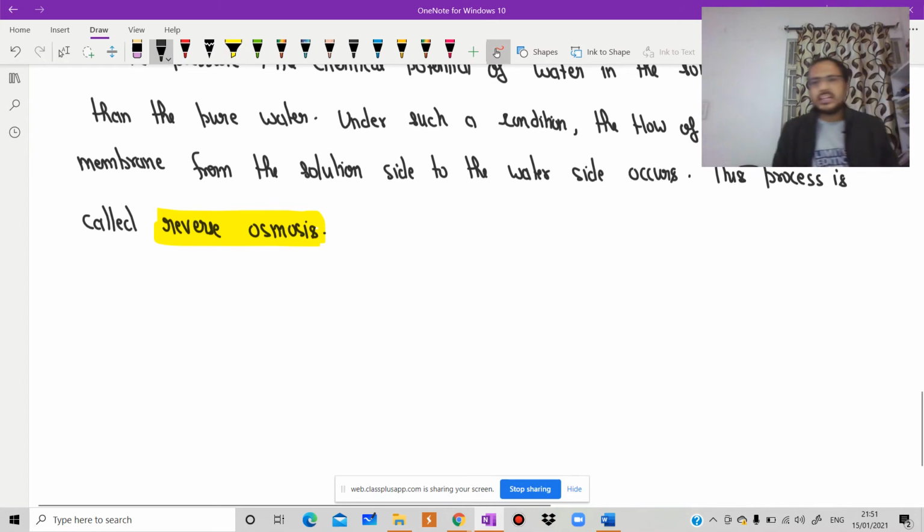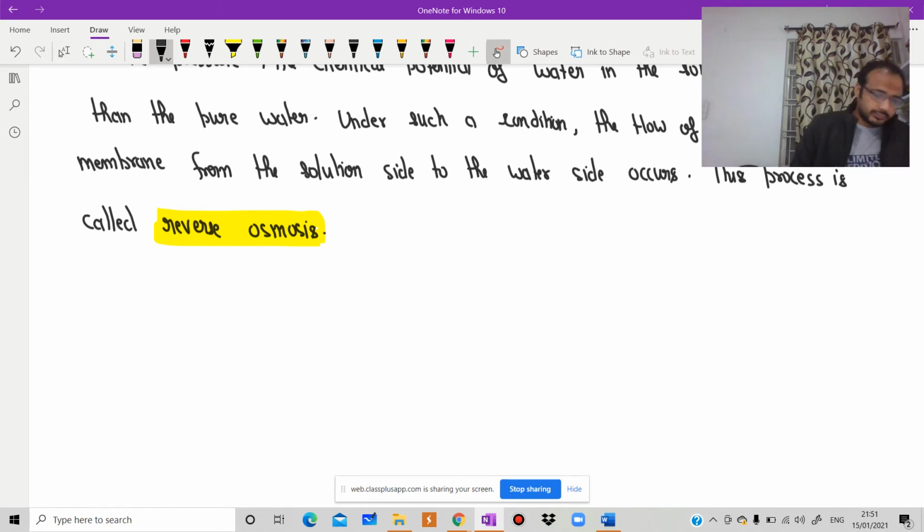Draw a table, as we have already covered in ultrafiltration as well as microfiltration. Write down some basic information and application. And tomorrow we will discuss that there are two models: one is the diffusion model and one is the CADM model or KK model. Some basic information on reverse osmosis.